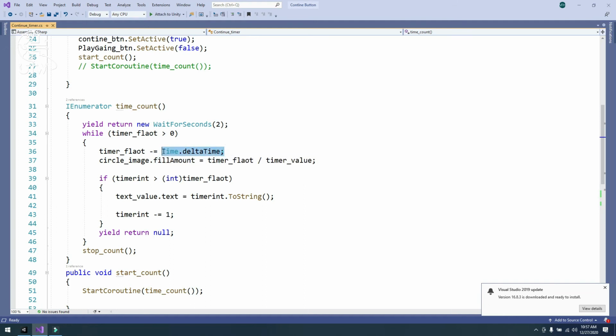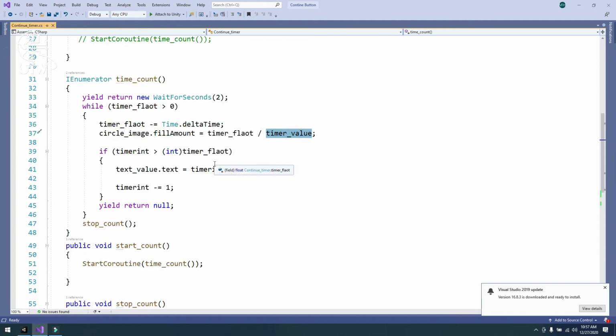We have to decrease our time to 5, 4, 3, 2, 1, 0 in this way. Then circle image dot fill amount is equal to timer float divided by timer value. Then we will get the exact value according to our time, and the circle will decrease according to the time.